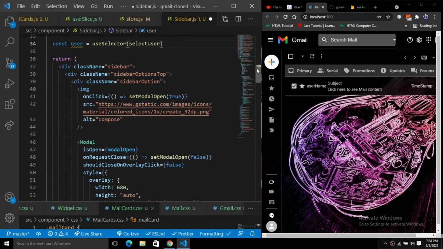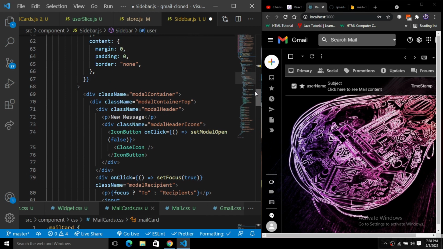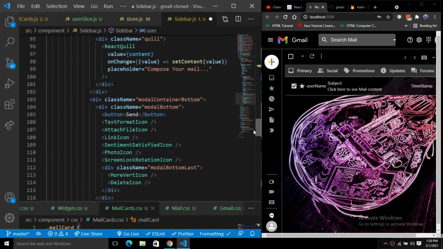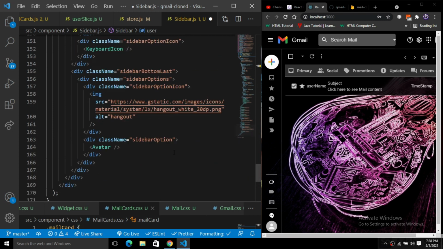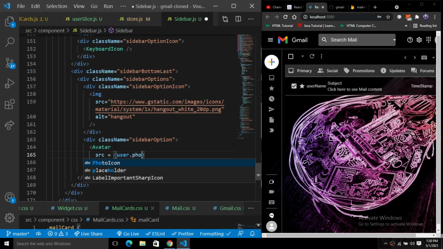And here, if you look at the avatar, we want to update the avatar. So let's update it. We have this avatar here, at the very bottom. For the source we have user.photoURL.